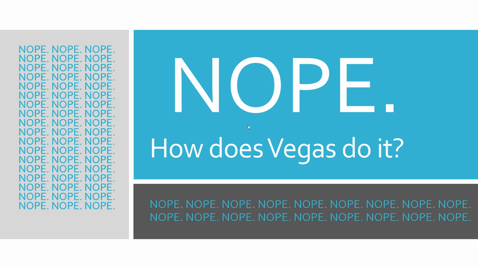Honestly, the best advice I can give my students about gambling is don't. The expected value for pretty much any game you can consider at Vegas, except for, I guess, poker, which is heavily skill-based. Other than that, though, every other game you can play, including just betting on sporting events, is not in your favor. The expected value is pretty much always negative. So how does Vegas do it? Don't want to get into it. Don't care. You don't need to know. Just don't do it.